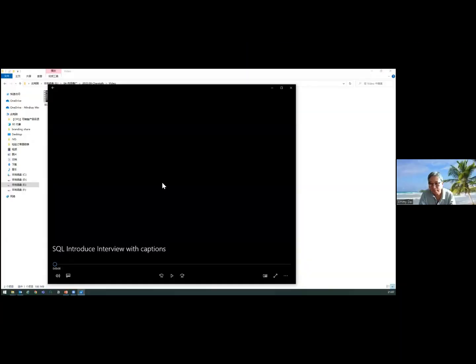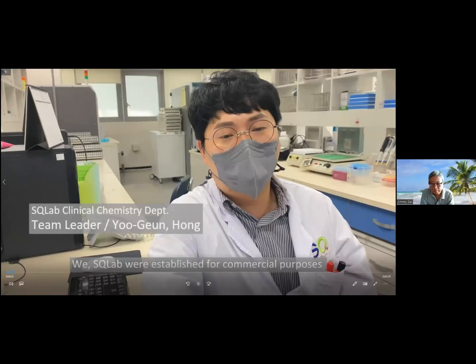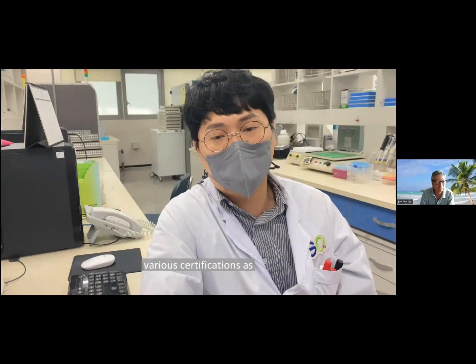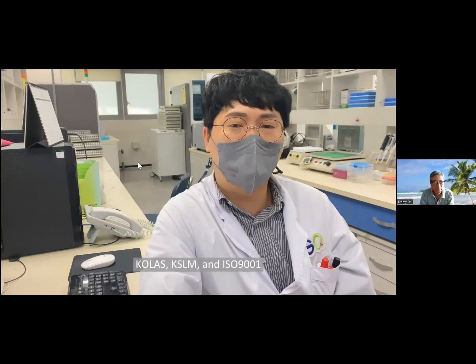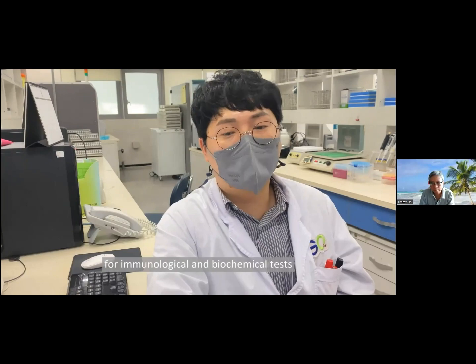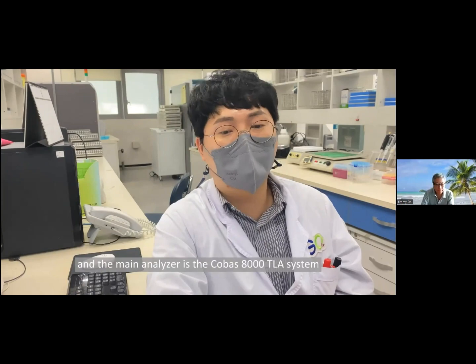evaluation was conducted. We at SQ Lab were established for commercial purposes for sample testing in 2011 and have been striving for accuracy of inspections, with various certifications such as CDC and SQAP, a CAP survey, plus KSLM and ISO 9001. Currently, our lab processes 3,000 to 4,000 samples for immunological and biochemical tests, and the main analyzer is the COBAS